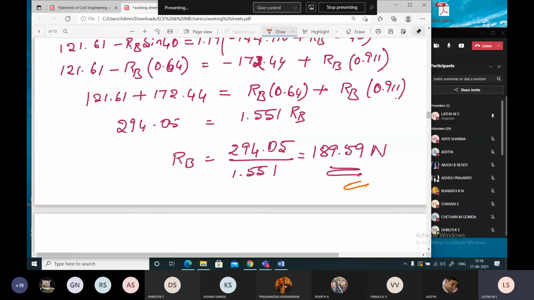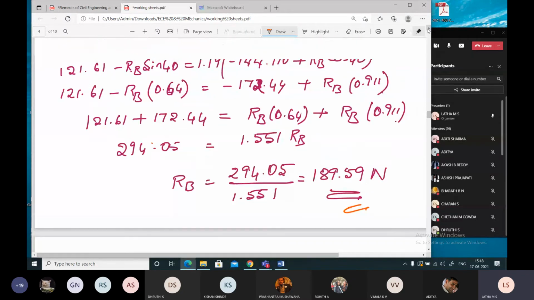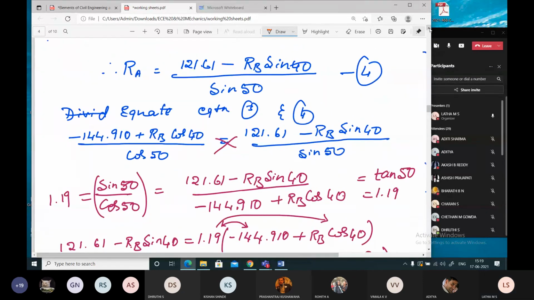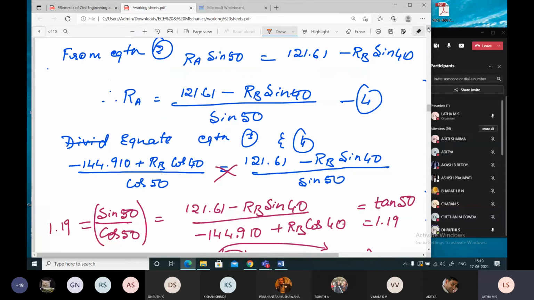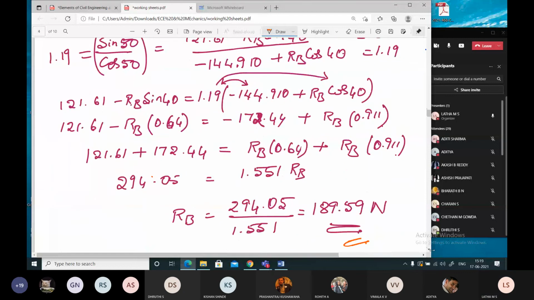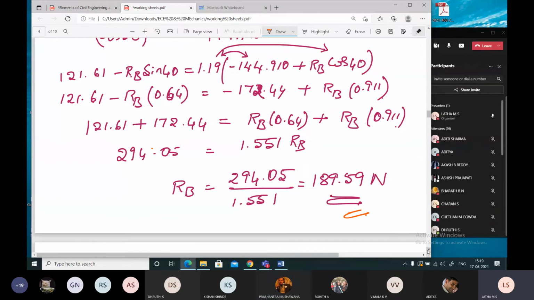Some student was mentioning the trigonometric function. If you are sure about the trigonometric function, you can please carry on, no issue. But I am not familiar with it, I just follow this method of solving with the basics. Is this clear with you all? Is there any doubt? No doubt. We could do only one problem today, students, but you learned, right?